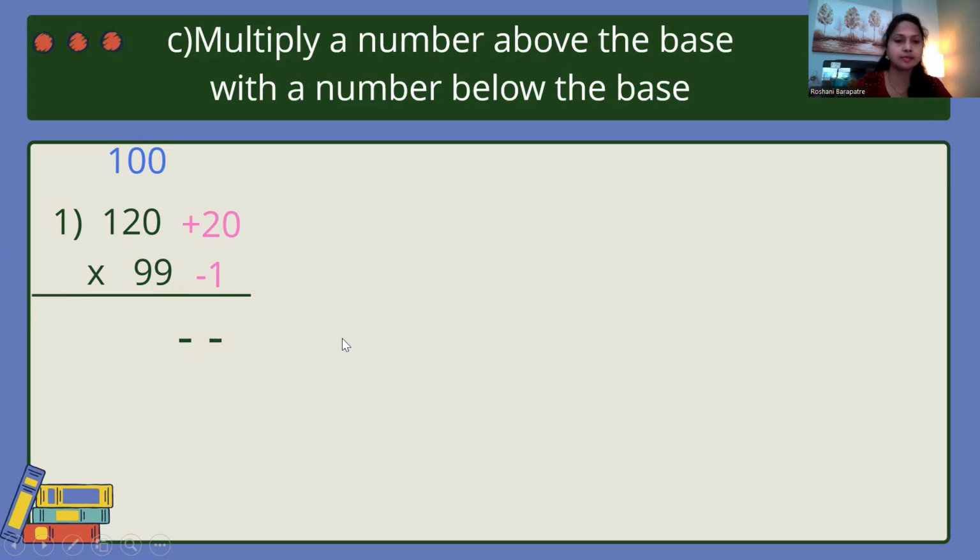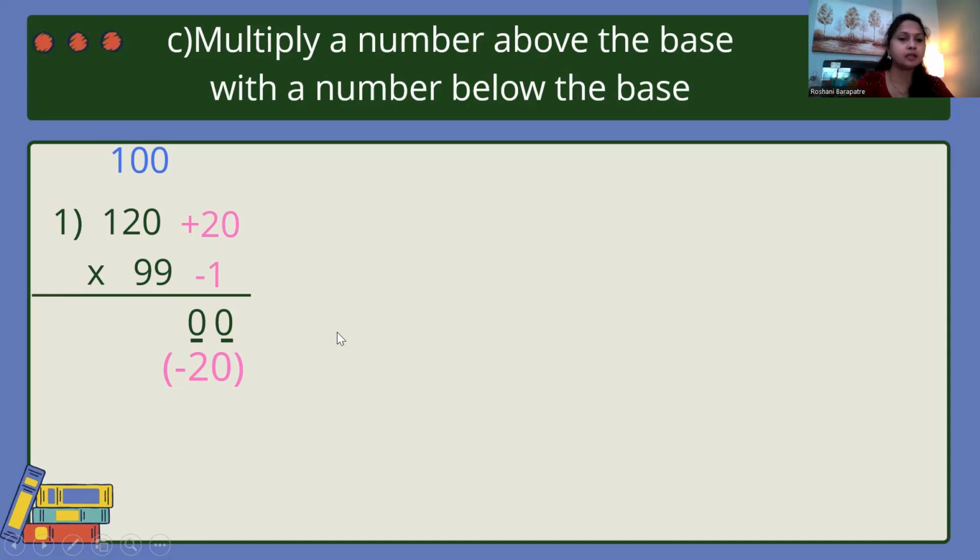How do we solve this? Check. Multiplication of the differences will be minus 20. We will not write the answer here. We will write it below these places. Okay, minus 20. And then in these places, we will put 0. Okay, what have we done? We have multiplied this difference. Plus minus will come minus, and 20 multiplied by 1 is 20. We will write it below here. And in these places, we will put 0.